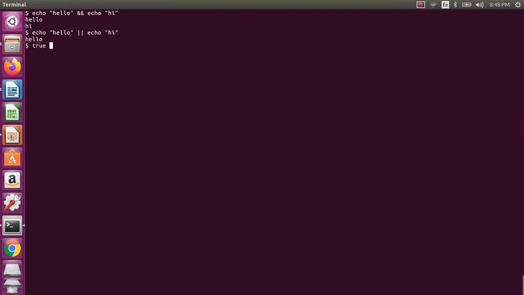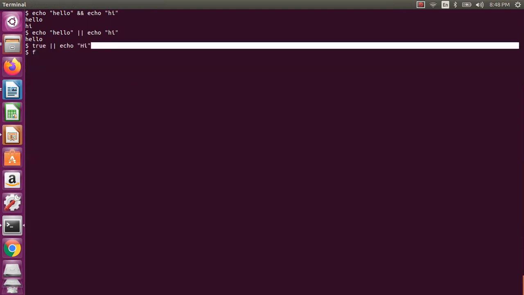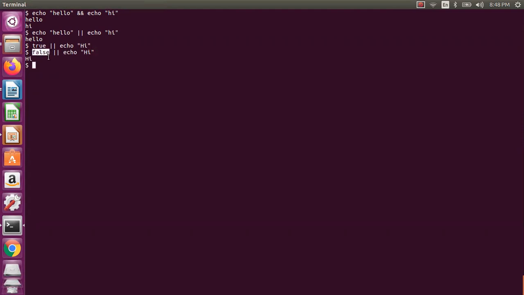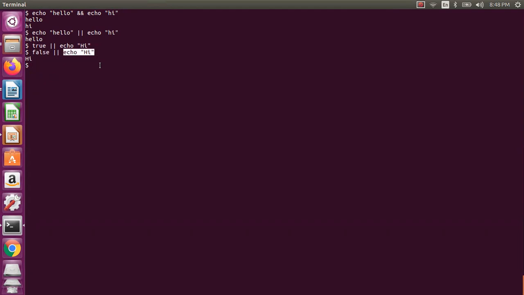You can also do this with OR statements. Let me say echo hi, with the OR statement first. Now if you see this, nothing will be executed because the first is true. Since it is true, with the OR statement it will not proceed further. But if you take false and an OR statement, then it will execute, because the total expression depends upon the second condition.